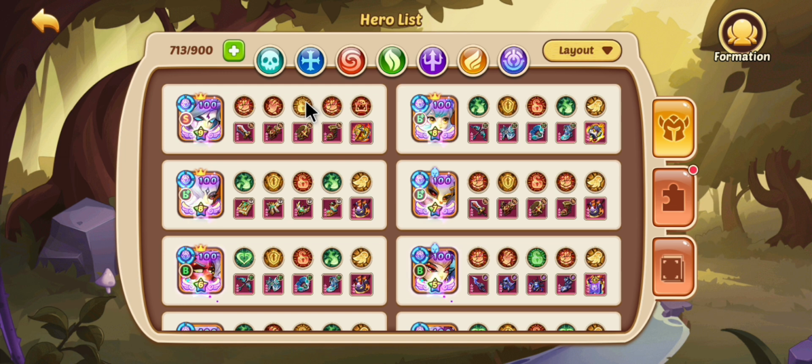So Mockman, you're going to want to run him with attribute reduction because he will have a lot of trouble doing damage if you don't. And I also run DGN because her basic has a chance to remove attribute reduction effects. So she could help him remove whichever one he doesn't remove. And that's just a huge bonus. Plus, she's also giving him a shield with every basic she does,